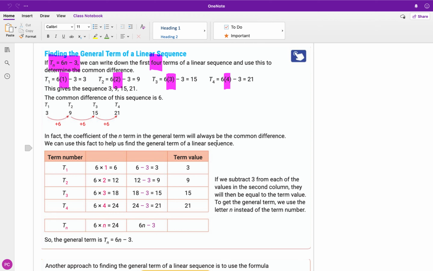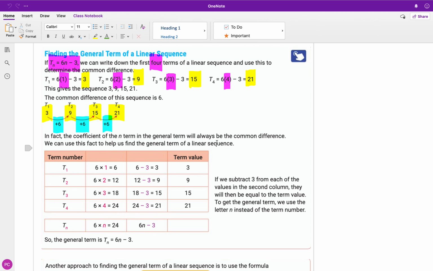And that then gives us our answers. So when you sub them in, you get 3, 9, 15, and 21. That gives us term 1, term 2, term 3, and term 4. Then we can work out, is the difference common between the first, second, third, and fourth? And it is there. Look, the difference between 3 and 9 is 6. The difference between 9 and 15 is 6. The difference between 15 and 21 is 6. So it's an extra step onto what we would have